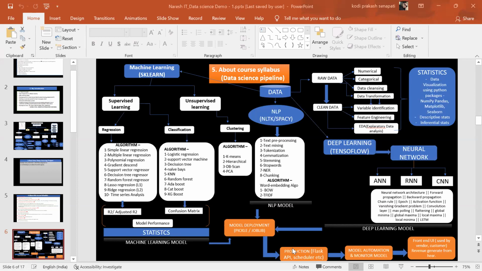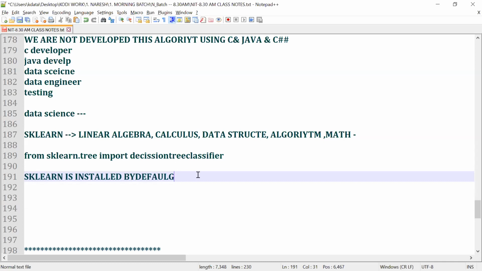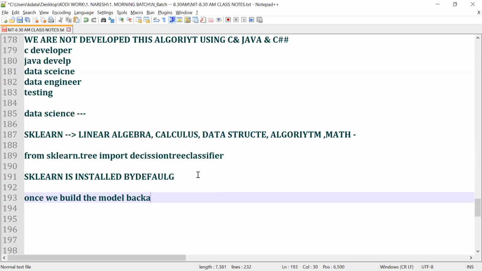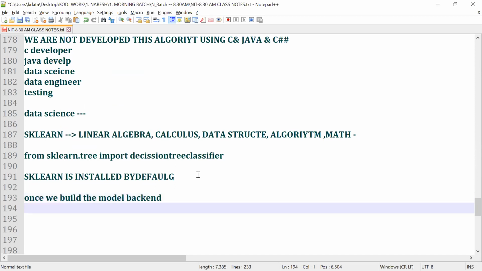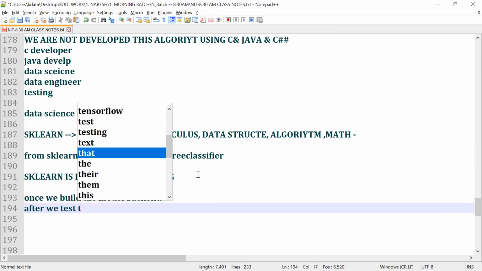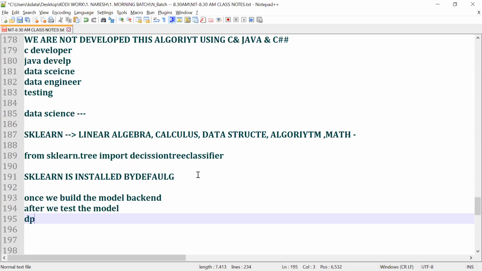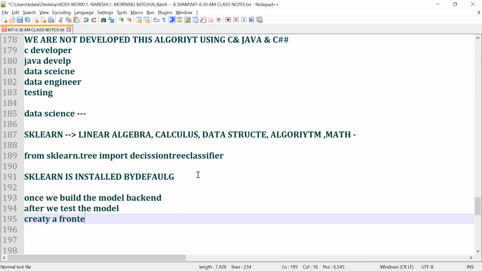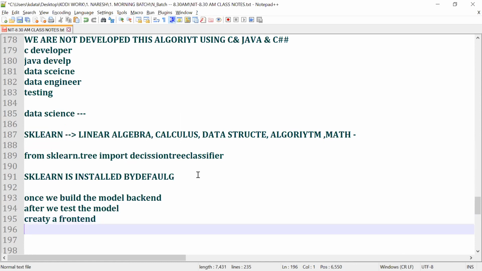Once we build the model backend, after we test the model, we need to create a front end, right, guys? What is meant by front end? Front end means we create a website.